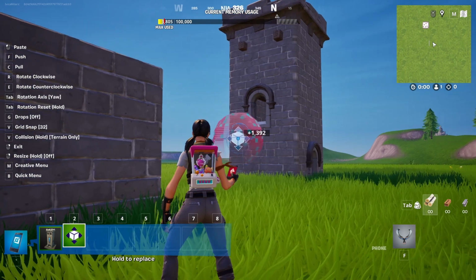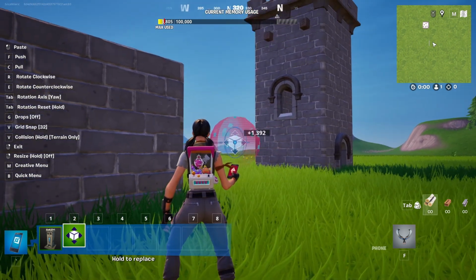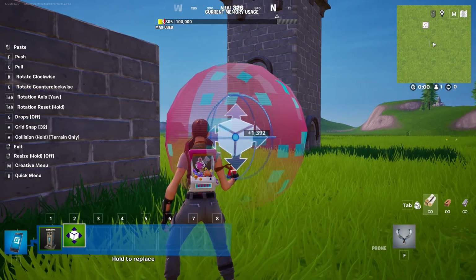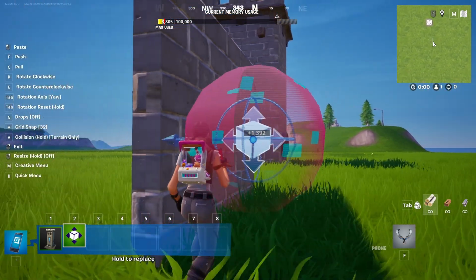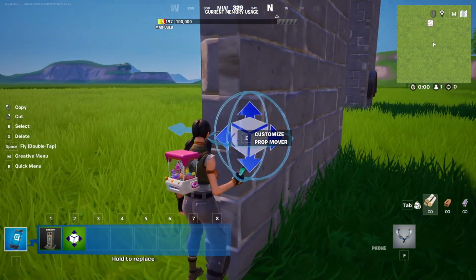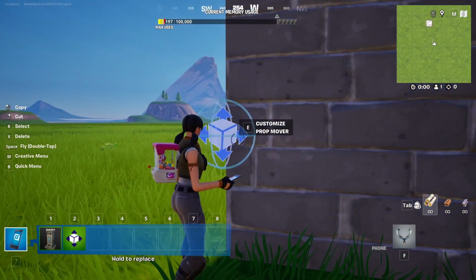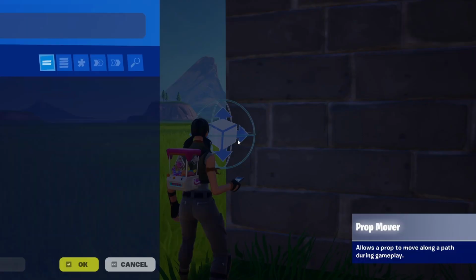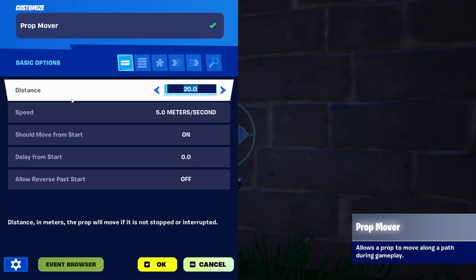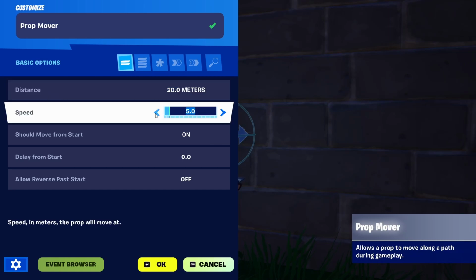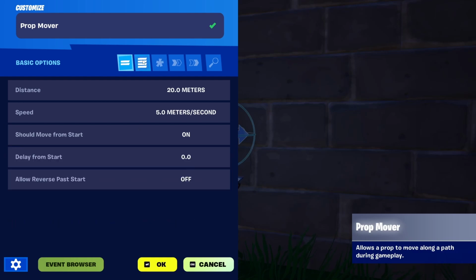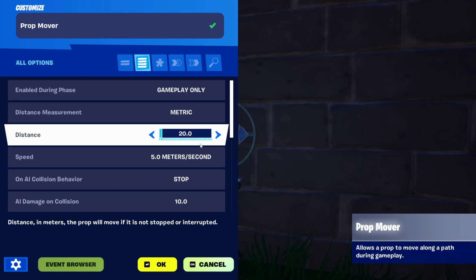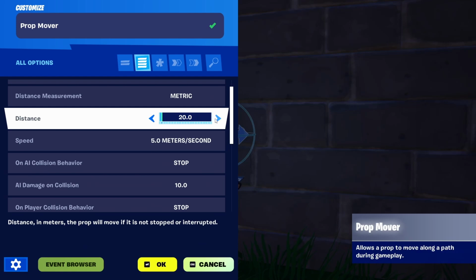Also, if you look at it, you see a vector, a small arrow that shows you where the object is going to move. In this case, it's going to move towards there. So I'm going to bind it, and once I do, it doesn't matter where you place it, I'm going to customize it and enter into the object's characteristics. We have our basic options: distance, speed, should move from the start, delay from the start, allow reverse to start play. You have more complex options here, and first of all, I'm going to make it move further,